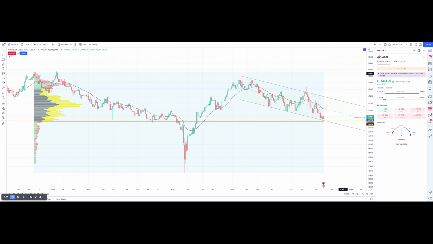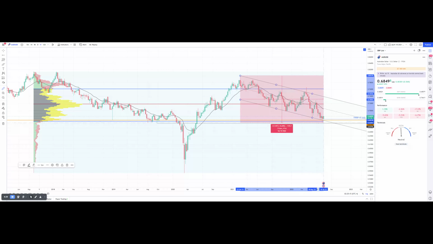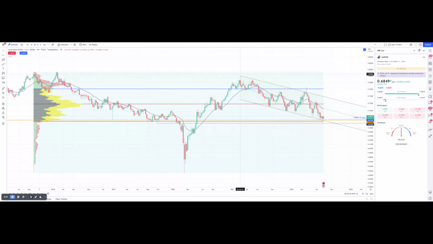Australian dollar versus the US dollar. The technical analysis for the 19th of July. The Australian dollar has been trending down quite a lot, and of course the US dollar has been very strong. And the Aussie has reached about 16 and 2/3% below its recent high of this year, which was in February